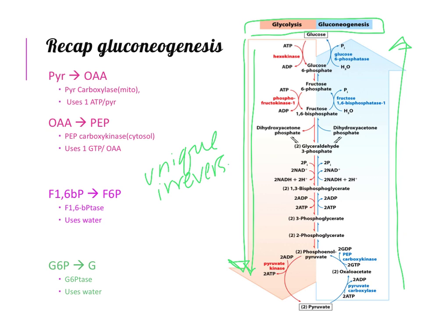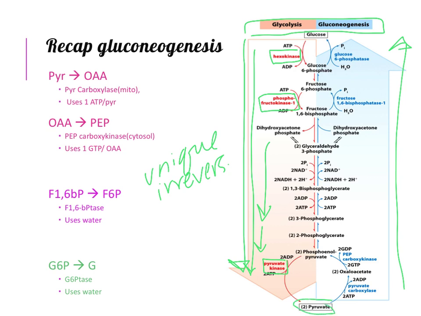Okay, each pathway has to have unique irreversibles. So if we look at glycolysis, it has hexokinase, PFK (phosphofructokinase), and pyruvate kinase. That's what keeps this pathway moving in a singular direction, and we've talked about the chemical logic for this. Gluconeogenesis,